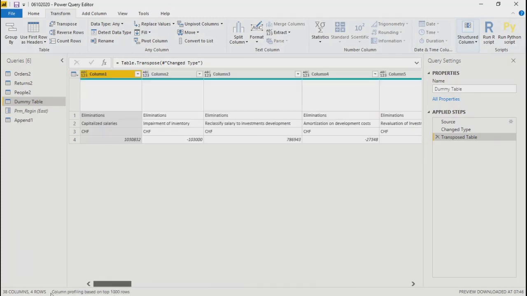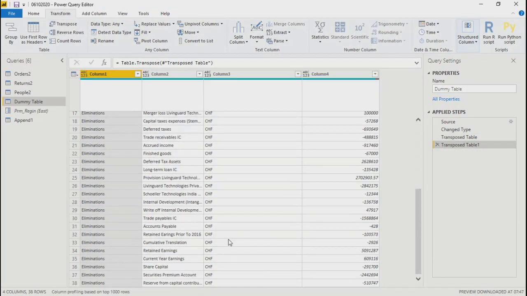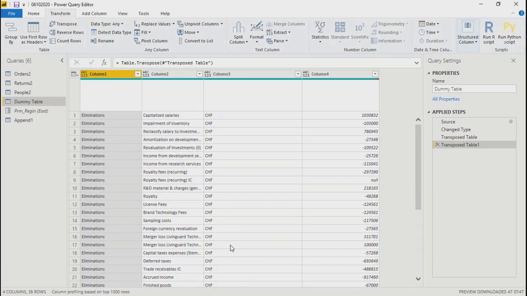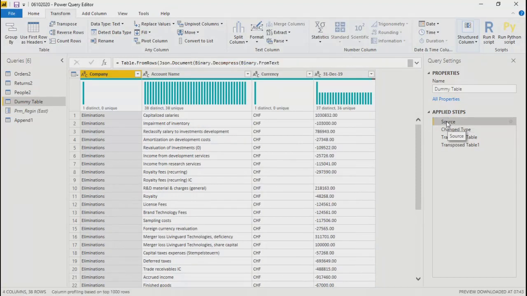Now let's say I change it again. What I mean is, if I change this row into column, what will happen? See, you got the original data back, correct? But over here, one problem I can see: in the source data, you had these headers: company, account name, currency, and date.